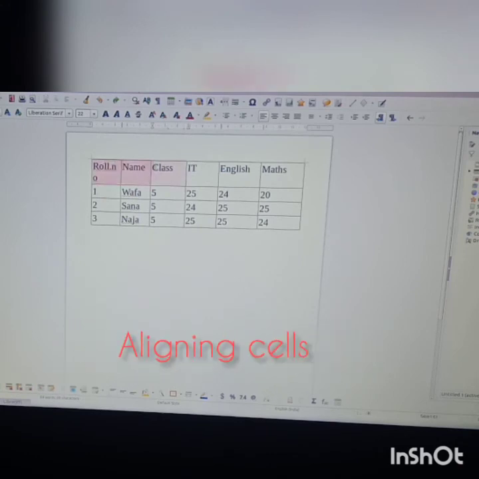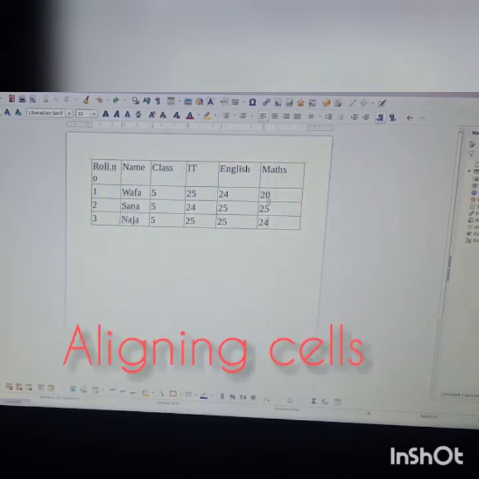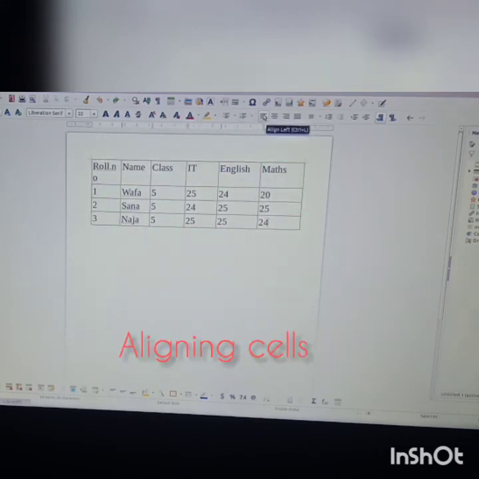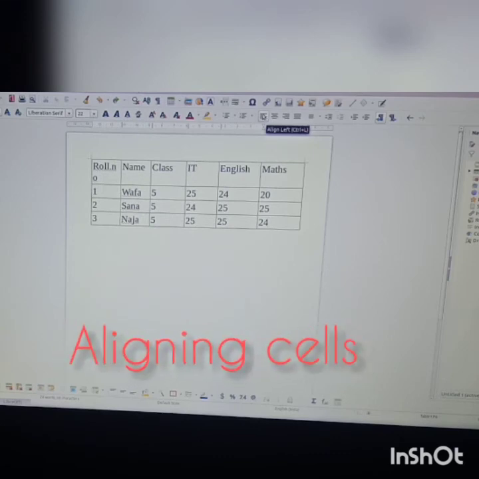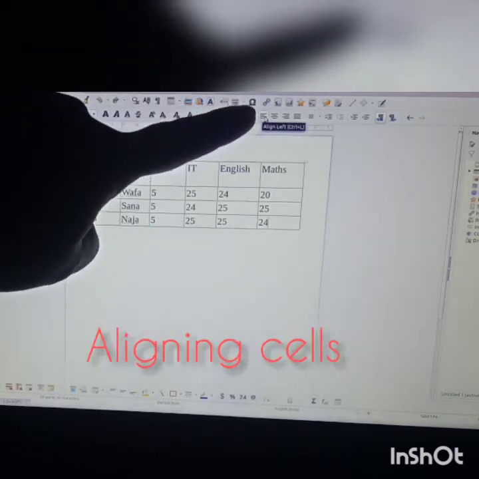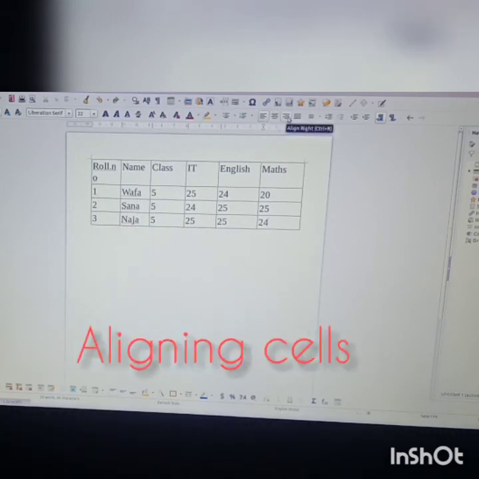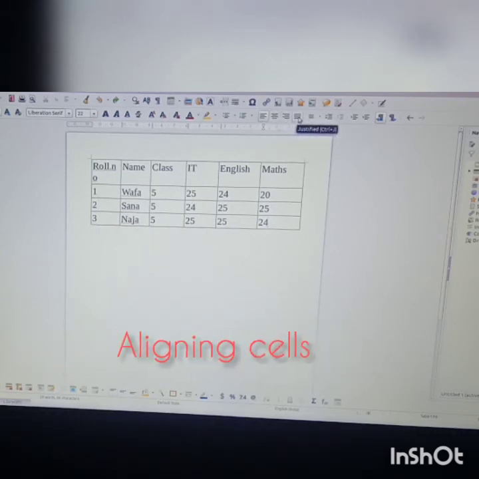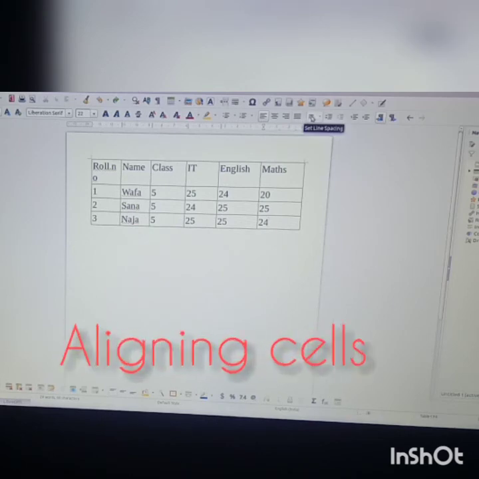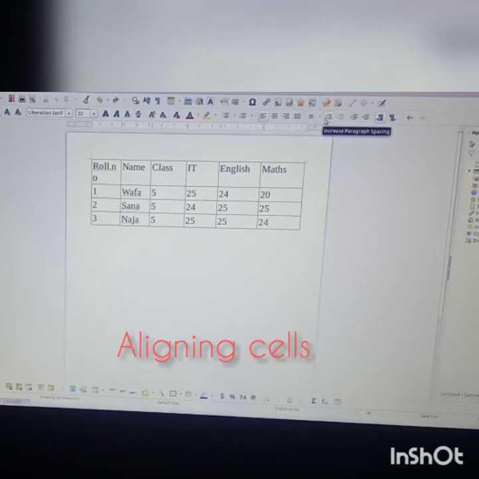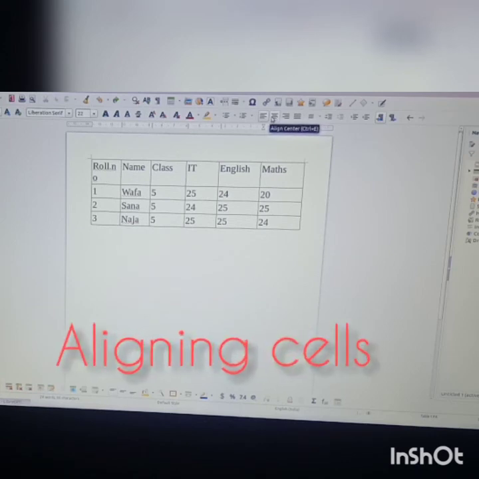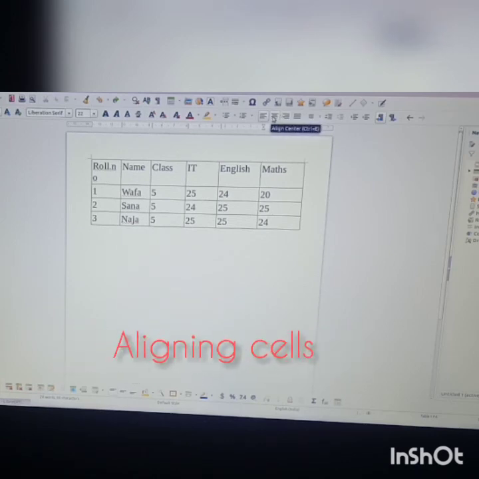Just select it. Okay. Then can you see here? This is align left. Can you all see this, children? Align left. Then align center, align right, justified, and set line spacing. All these options are there. So you want to align center.